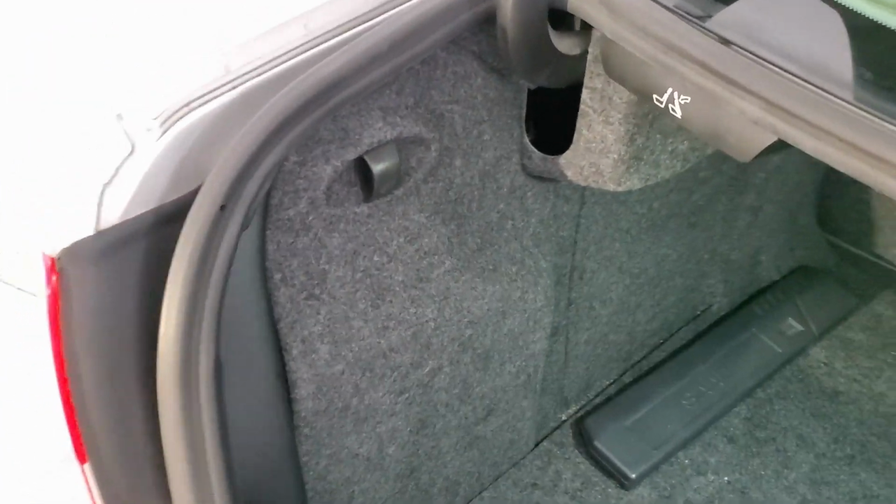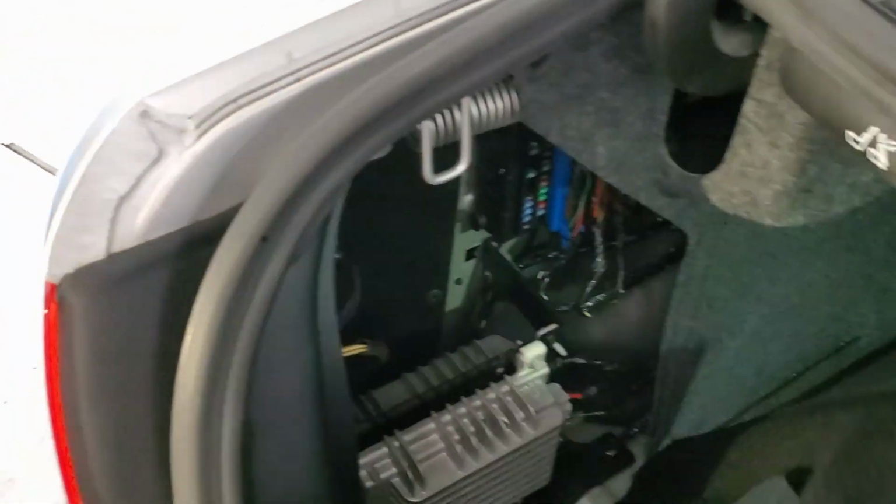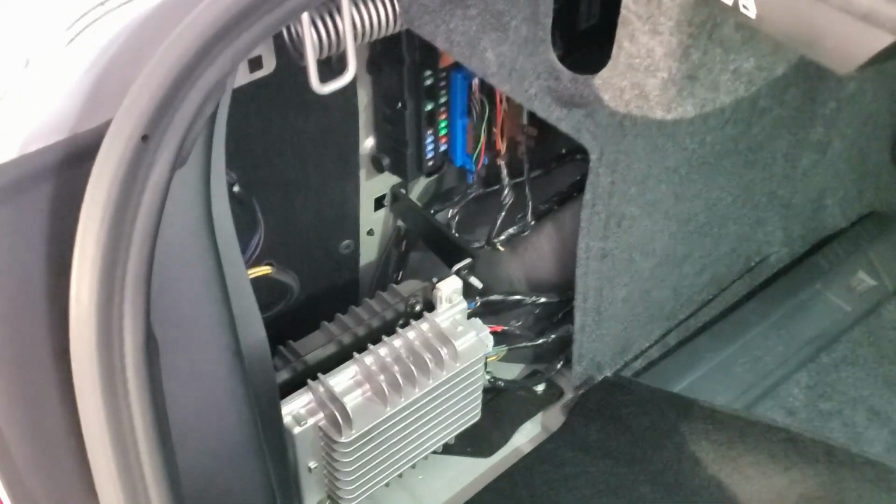So to access the light bulb, you first just undo this panel here and